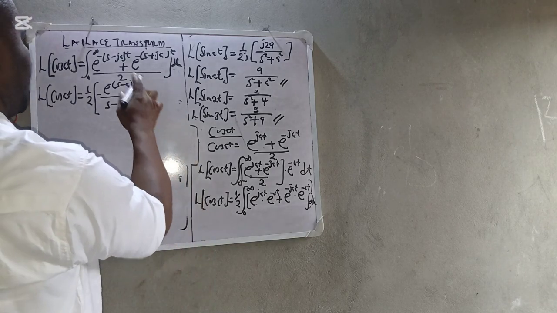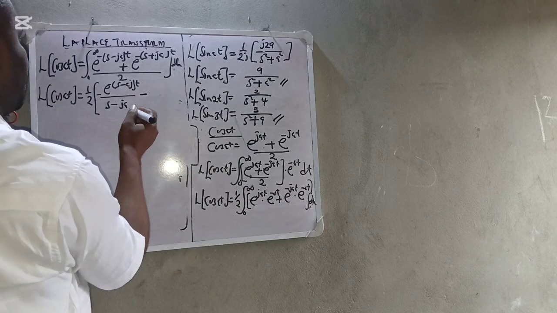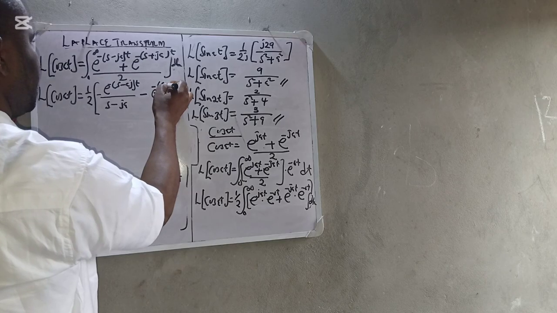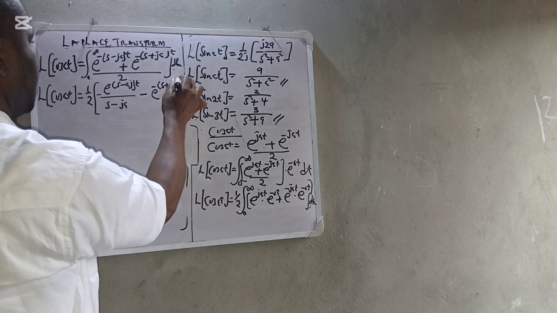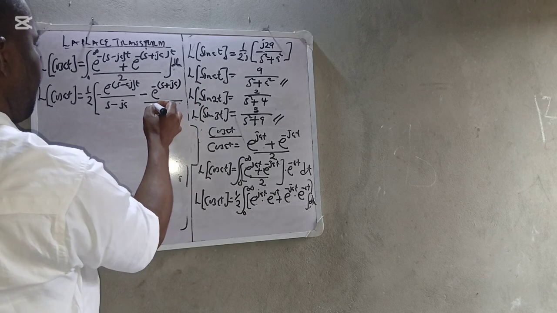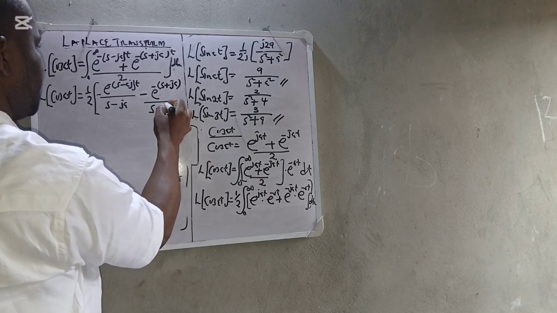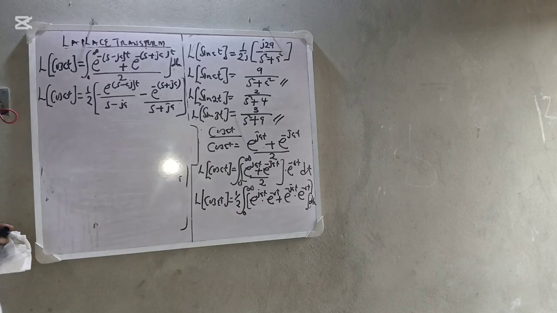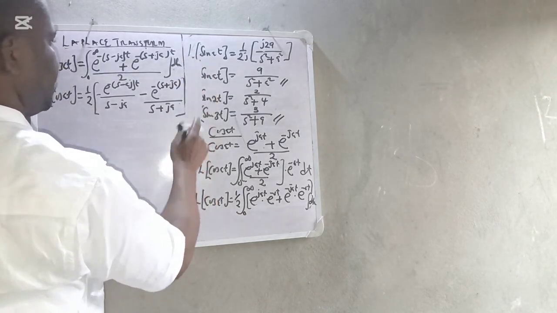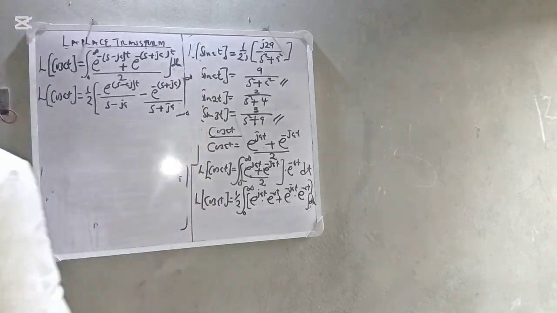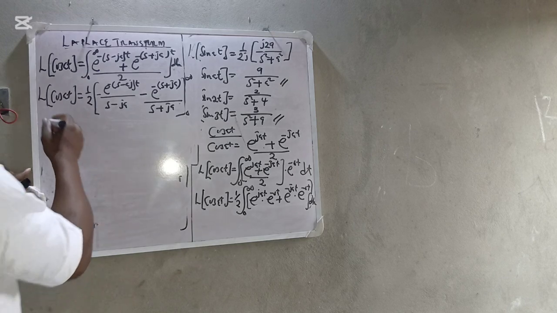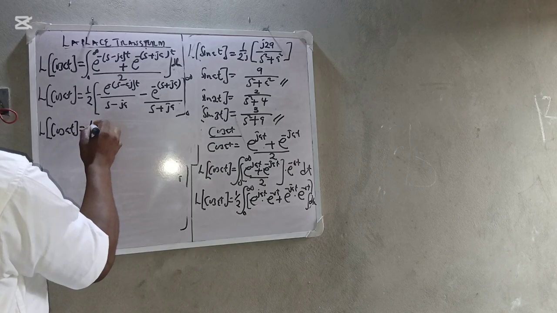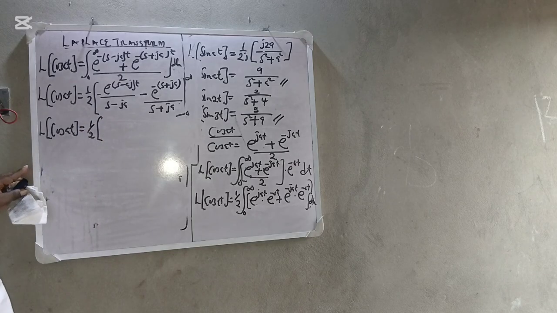The same thing will change to negative. So we are having exponential this divided by s plus this. So we will include the boundary. So this will give us that Laplace of cos at is actually equals to